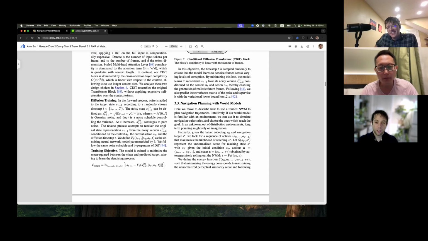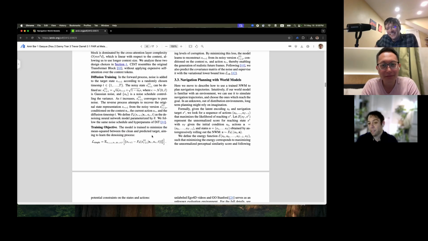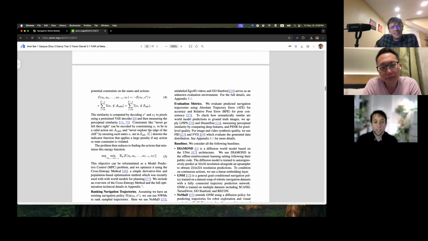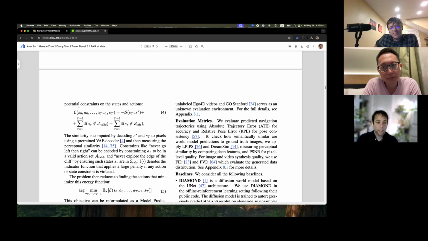So how do we use it to plan? Okay, so another question is, how do you use this for planning? The main idea is that let's say someone gives you a trajectory like this. Let's say someone gives you a sequence of states and a sequence of actions. What you can do is define a cost function or a loss function that says,